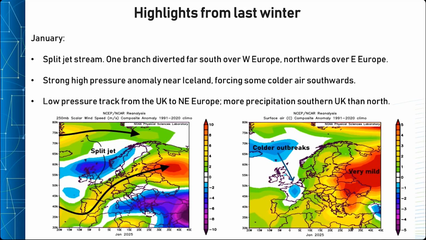A split in the jet came in January, with one branch shooting into southwest Europe and through central areas, and the second arm far north, and that meant an active and mild pattern across much of Europe, but also brought chances of high pressure blocking at times towards Iceland and Greenland, and that caused some colder outbreaks to push down across northwest and western Europe, where temperatures were very variable, averaging near or slightly below normal. This is partly induced by a disruption to the polar vortex with a sudden stratospheric warming event.